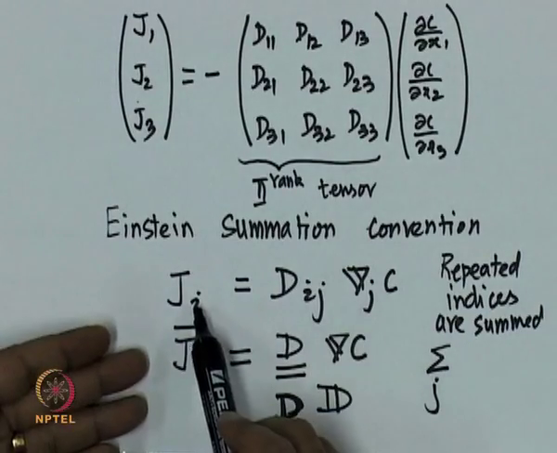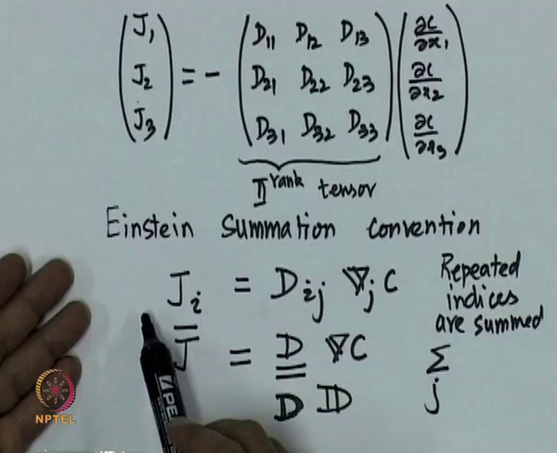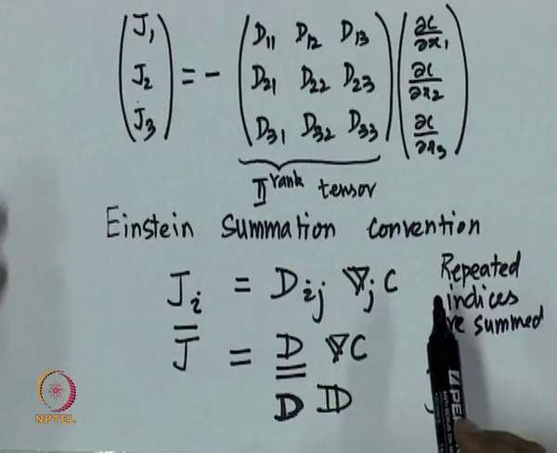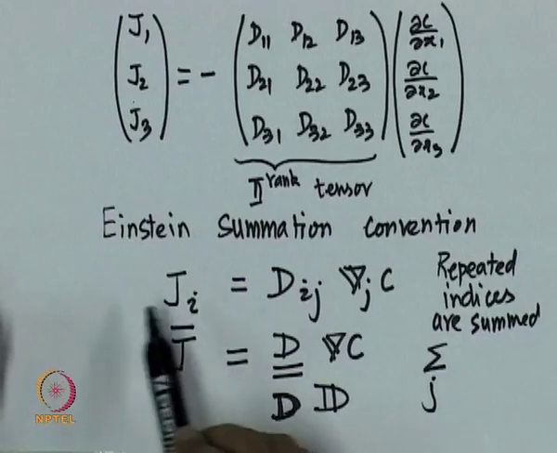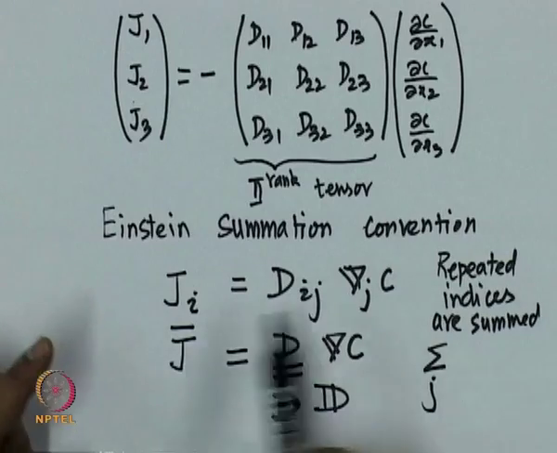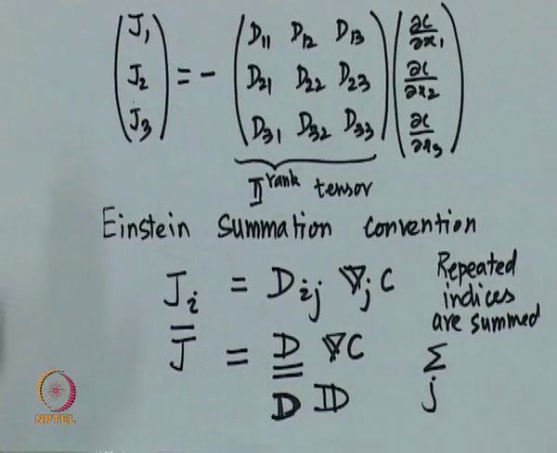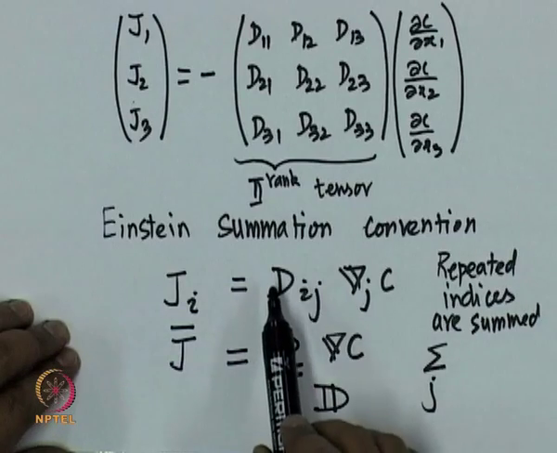Or if you have i here, and on this side if you have i and k, then that means that you are equating a first rank tensor to a second rank tensor, which is obviously not possible. So, the total number of free indices on any term, it could be more than one term. In all terms, if you have i here, then every term should have one i which is not summed. This is important because then only you will have vectors getting added to vectors, otherwise you will be adding scalars